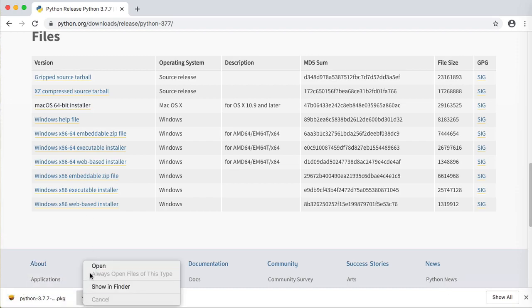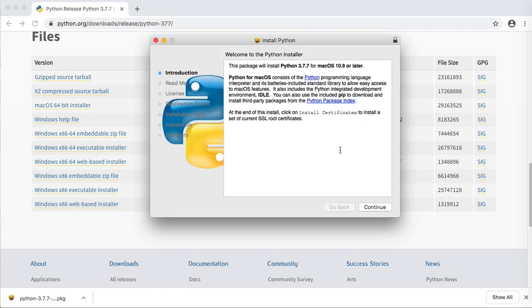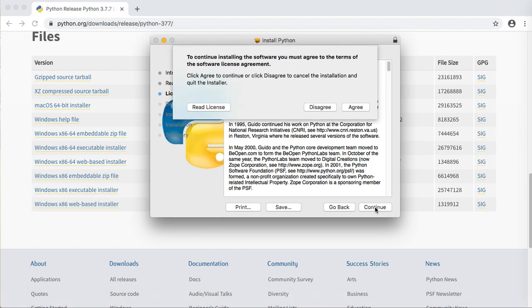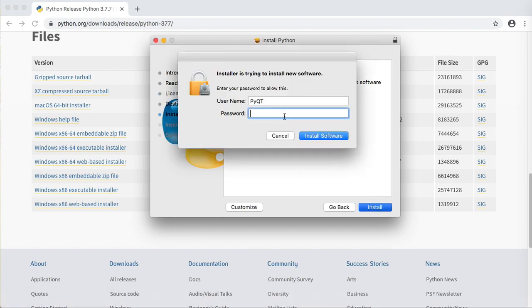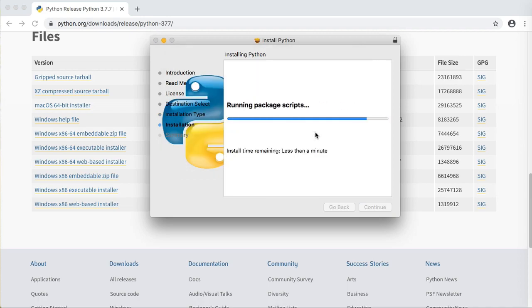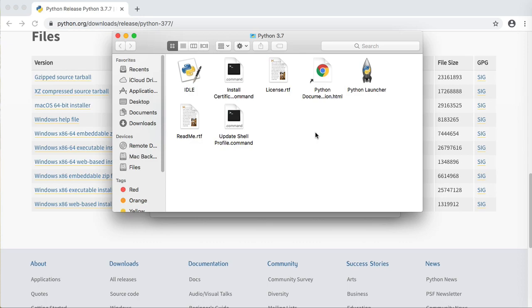Open the downloaded package and install it by simply clicking on the continue and install button. Provide your system password for installation. Now you can see the tools for Python are installed successfully, for example, IDLE and Python launcher.